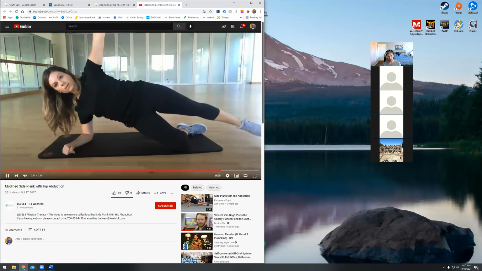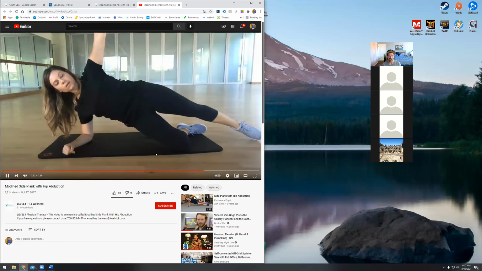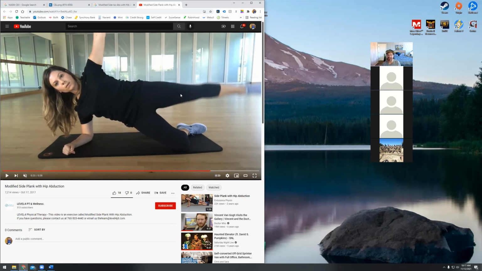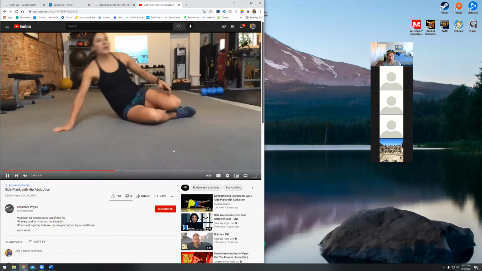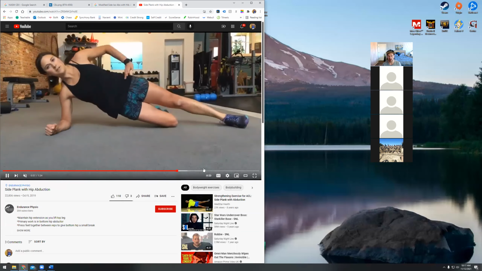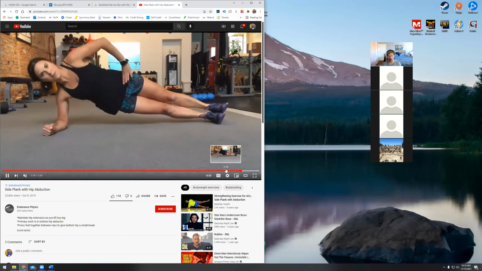So she's squeezing her glute and abducting, right? And what's kind of cool about this is she's actually abducting on both sides, right? She's getting a little bit of stability abduction on that lower leg, and then this upper leg is actually actively contracting. So she's really getting twice the amount of work. And you could do a full-on side plank here as well. You don't have to do just the modified side plank. Like there's the modified, but you can also do like the full thing,